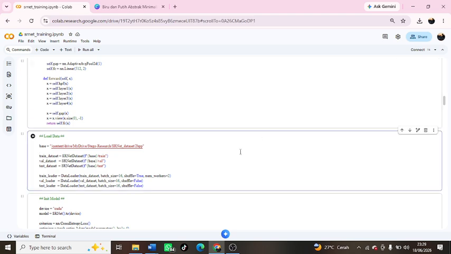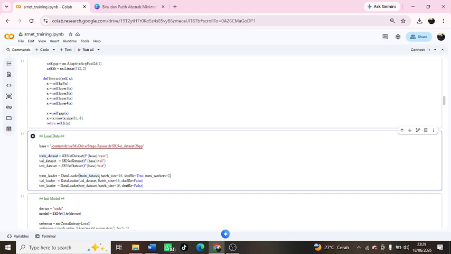Once the SRNet model has been built, the next step is to load the dataset for training, validation, and testing. This code uses a steganography dataset with a 2 BPP payload that has been divided into train, validation, and test folders. Each folder is read using the SRNet dataset and then converted to a data loader so that the data can be processed in batches during training.